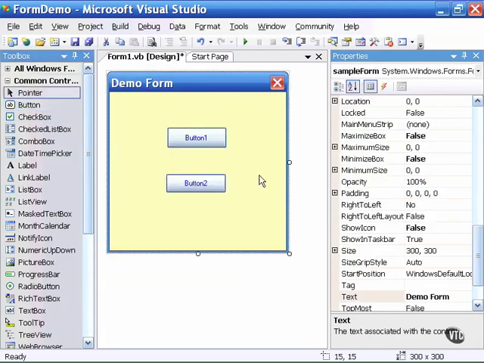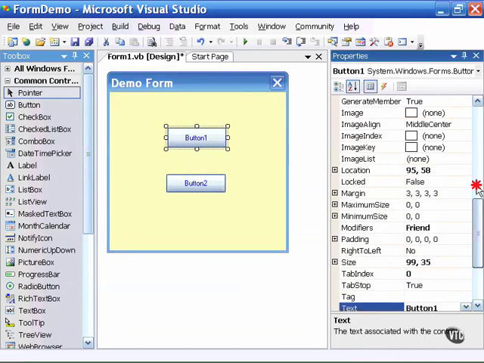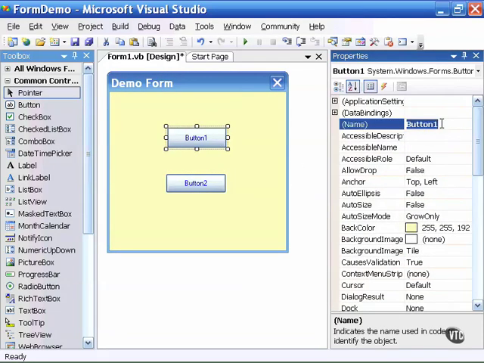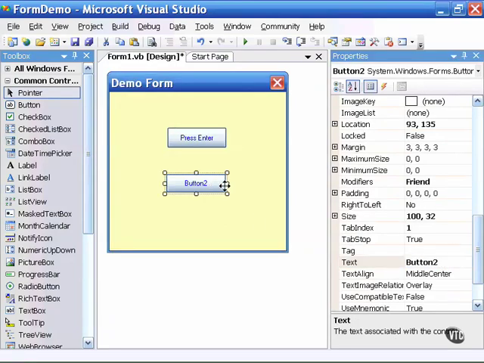And as I do this, you'll see the effect of the forecolor property, which you recall I changed to a blue color earlier. So every object that I now place onto the form is by default going to have blue as its forecolor property, which is the text in this case. Now, as we know, the default name for button1 is Button1, and for button2 is Button2. If I choose to change the name of this button, Button1, to, for example, enterButton, and change the text to Press Enter,